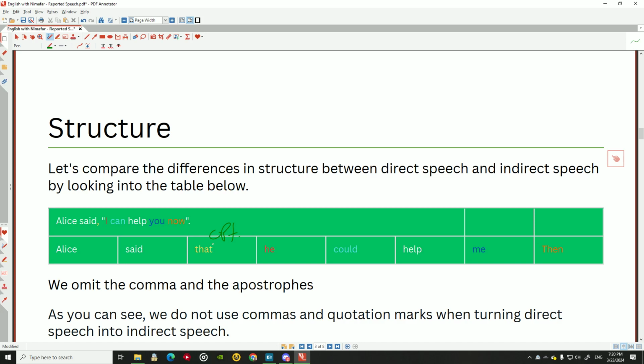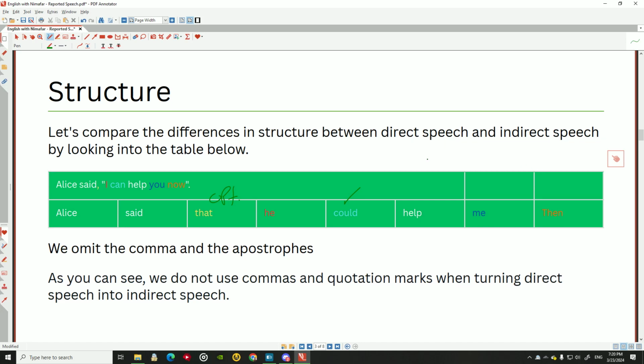We change the pronoun to "he." Could: we go one tense back. What is the past of "can"? Could. "Help" is the same. We just change the first verb. There's also a tip here. We just change the first verb. So, could. Me: we change "you" to "me." All the pronouns, objective pronouns, whatever, doesn't matter. Then: now we change it to "then." So exactly, you can see color by color that we change them and we make the new sentence for the